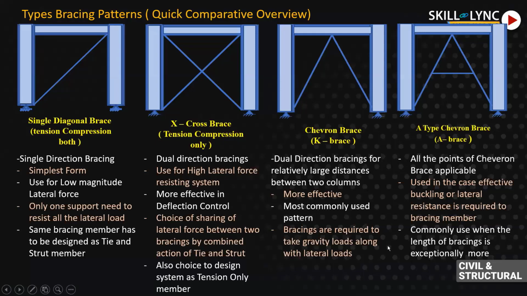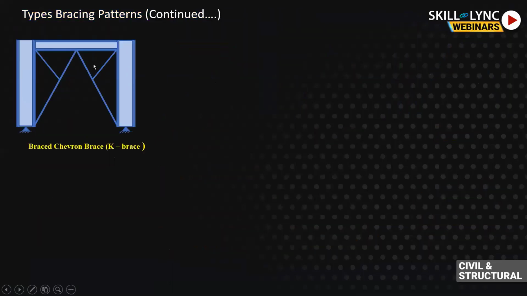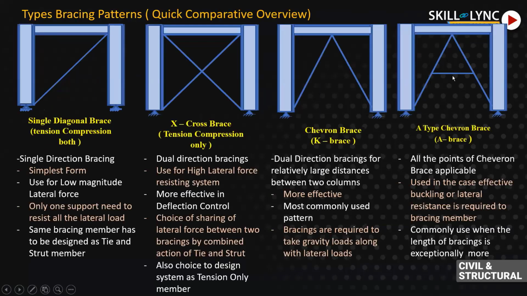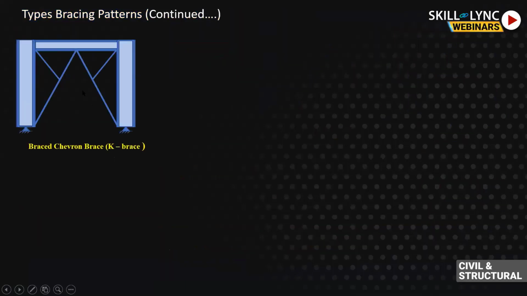Going further, this is a brace chevron. This is also one kind of the same thing. Here we have provided the horizontal member, but there is no connectivity between this and the beam-column connection. Here this particular structural system has a connection between this and this. So this inclined member is effective to reduce the length of this brace, which is a major brace. This is a minor brace.